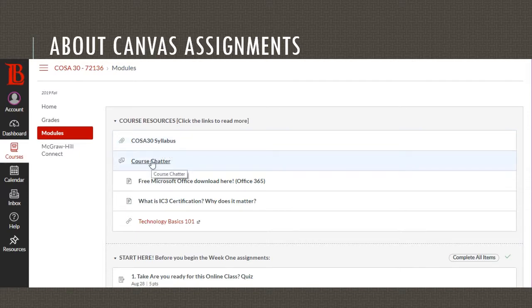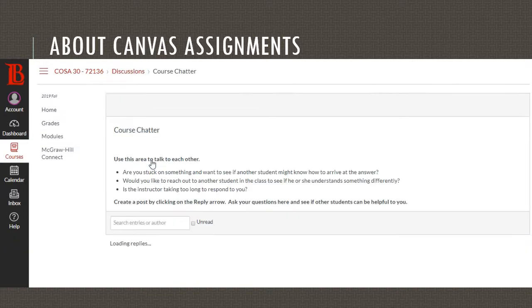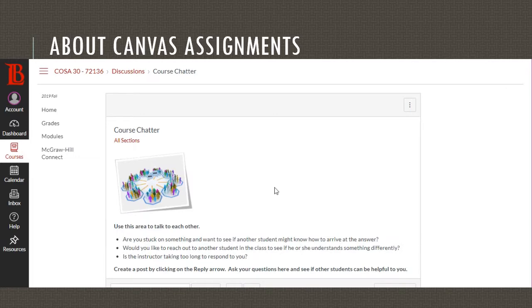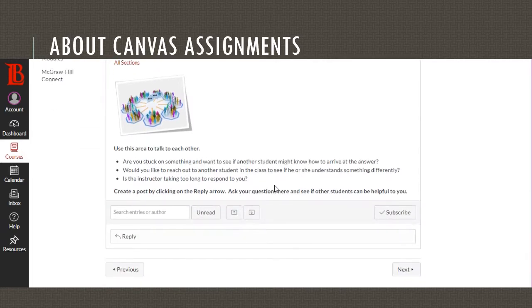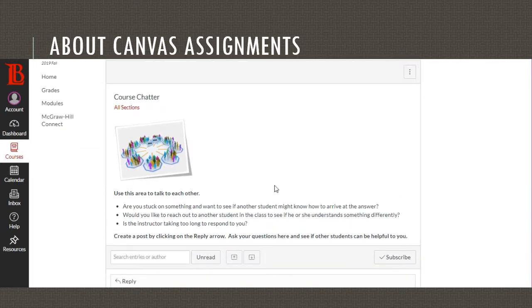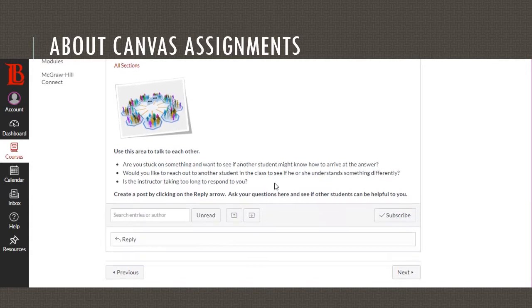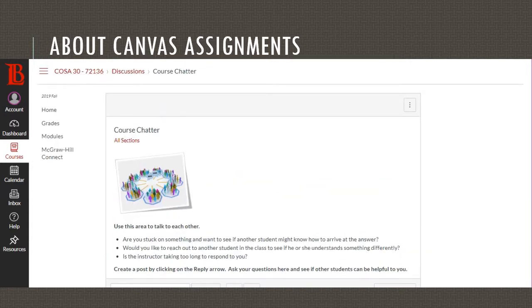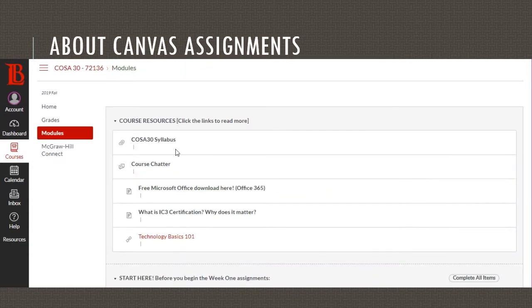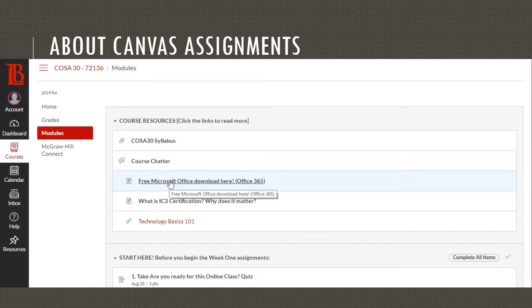Now the second thing listed here is the course chatter. Course chatter is the area that I've created for you to be able to talk to each other. Sometimes you want a response from a peer, sometimes I might take too long to get back to you, sometimes you just want to connect with someone else. You are welcome to use the course chatter to speak with your peers. Alright, so I'm going to go ahead and go back here,